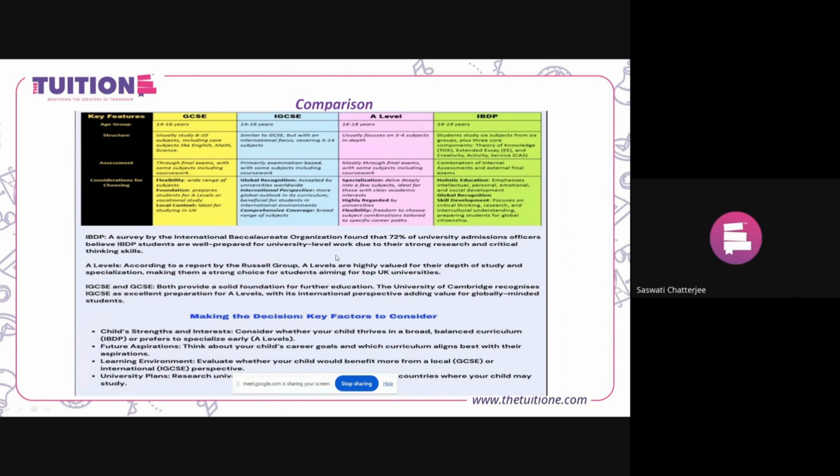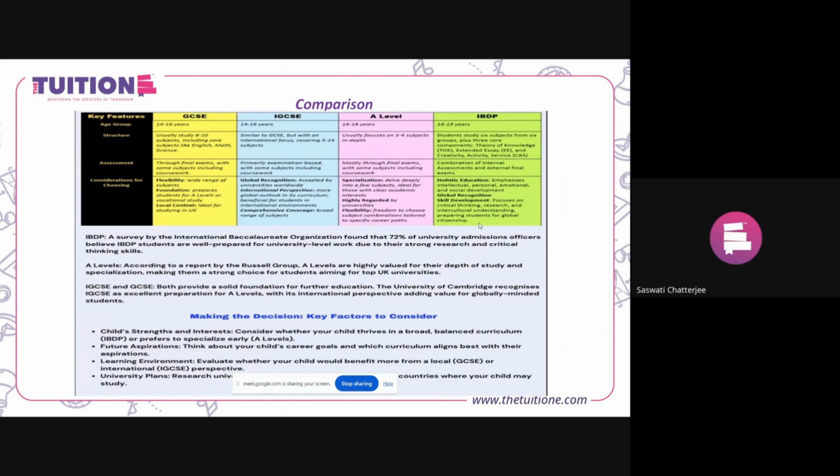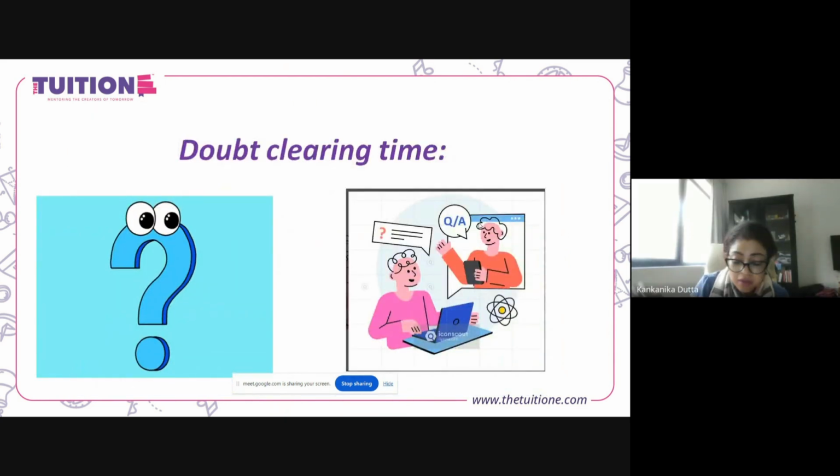Yes, yes. Okay, so I think they will have a closer look at this, because I have put in this comparison. You can see, even for IBDP, I have tried to put in some points here so that you know what happens. Okay, now we come to the question answer round. Any doubts that you might